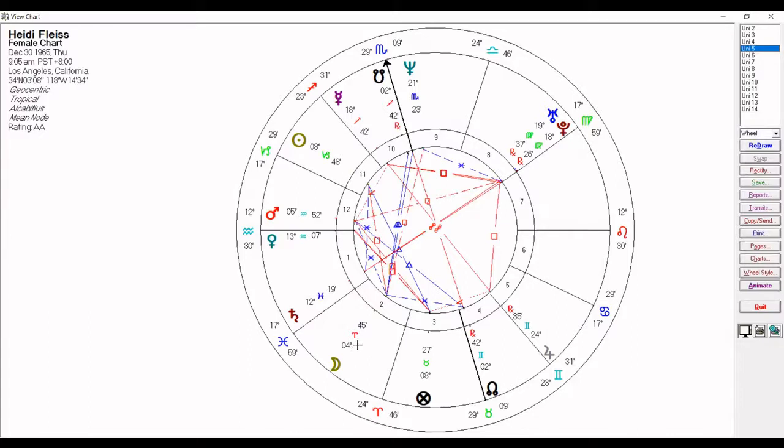remember, we need to know the number that has the circle next to it. That's our degrees. The number that has the apostrophe next to it, that's our minutes. All right. So what we need to know is who is a slower planet, who is closest by number. And in those 6 signs, remember, we're talking about the Moon in Aries. She can only look at Gemini, Cancer, and Leo, and Aquarius, Capricorn, and Sagittarius. These are the things to keep in mind.